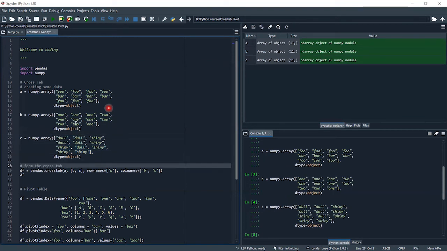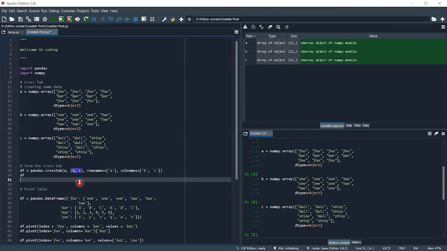Then I'm going to make this crosstab. Here in crosstab, you just specify the row's name. The first row's name is A, so you specify the row's name here as A. Then for the column names, you specify them here and here also. For the second value, you pass a list, and in the list you can just write the names of those arrays.